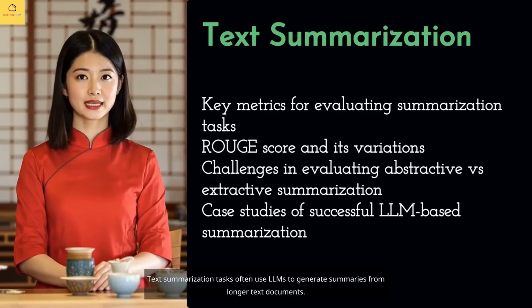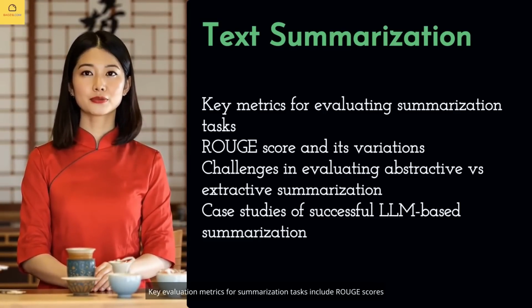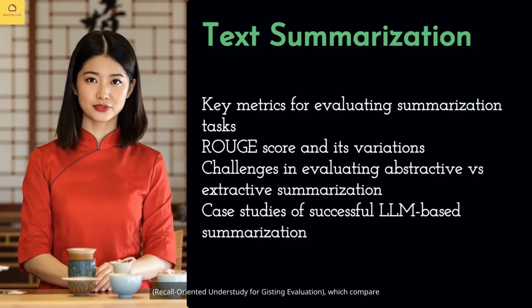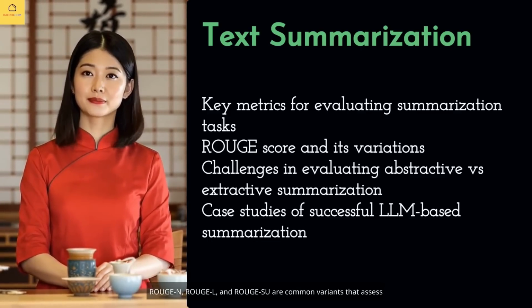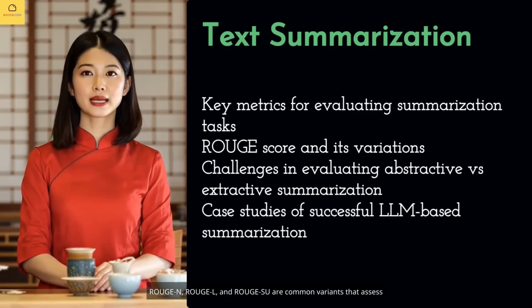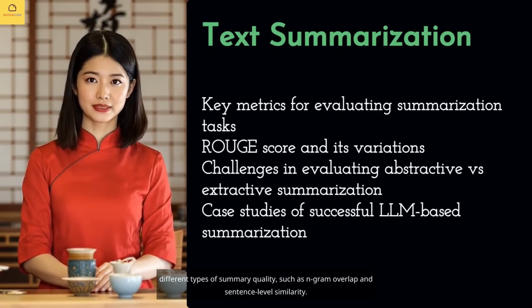Text summarization tasks often use LLMs to generate summaries from longer text documents. Key evaluation metrics for summarization tasks include Rouge scores, recall-oriented understudy for gisting evaluation, which compare the overlap of n-grams between the model-generated summary and reference summaries. Rouge-N, Rouge-L, and Rouge-SU are common variants that assess different types of summary quality, such as n-gram